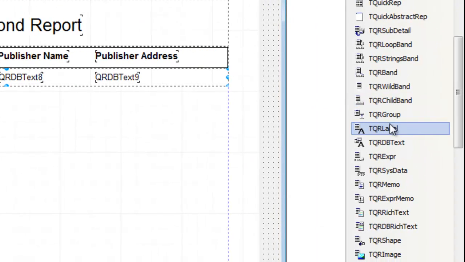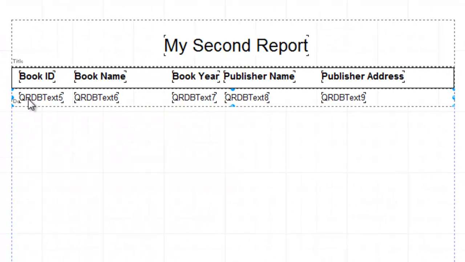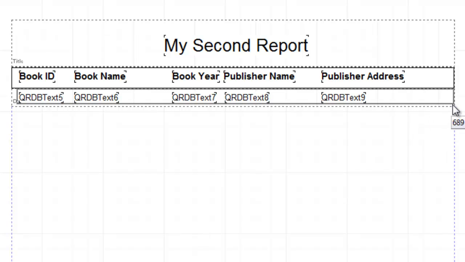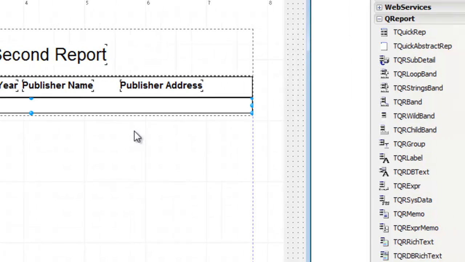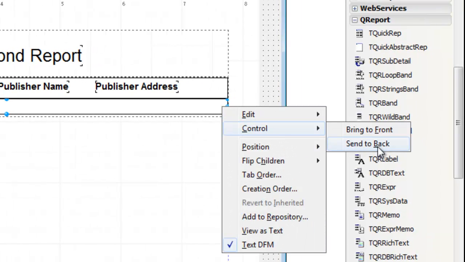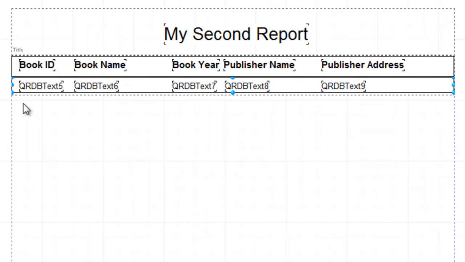Here we could also place another shape again for the detail. Okay, don't forget, right click and send to back.